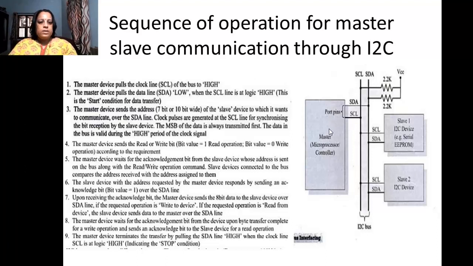Since we have taken into consideration that there are 2 slaves connected, the master will send across the address of the slave device to which it wants to connect or initiate the data transfer. So the address is being sent. From where is the address sent? The address is sent through the serial data line, and based on the slave it wants to connect to, the address will denote that slave. So that is the next thing that the master does.